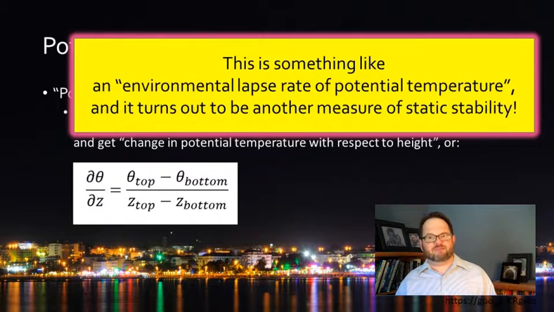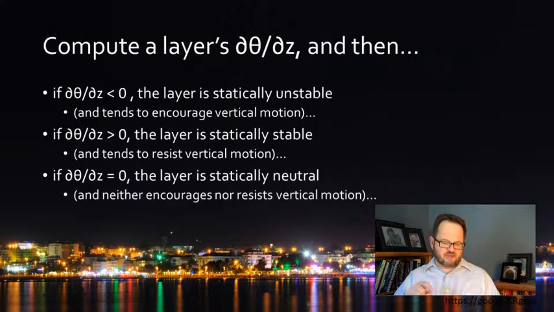This is something like a lapse rate, an environmental lapse rate of potential temperature, just based on observations along an instrumented mast or a weather balloon's flight or something like that. But it turns out that value, that partial theta, partial z, is another way of measuring the static stability. So if we could compute the static stability of a layer of air, what we would find is we get three more rules. And these rules are in some ways simpler than the ones that we had that involved the